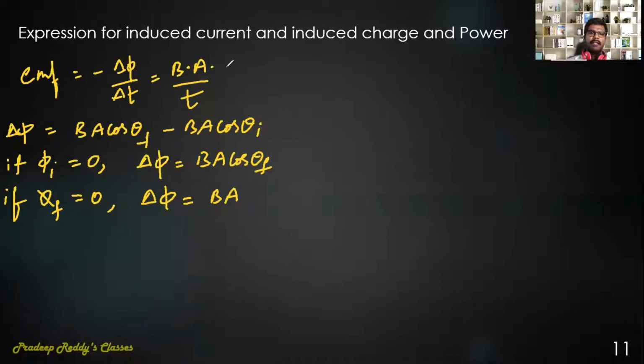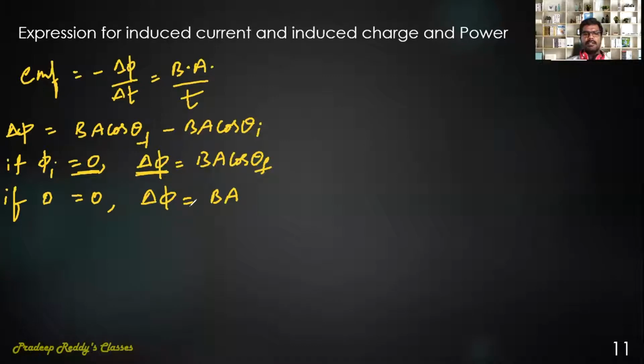So whenever we are calculating EMF, simply you can use this equation, B dot A or BA divided by time taken T. So delta phi can be flux change, final flux minus initial flux, if the coil is being rotated. Initial angle, if I am considering it as 0, and initial flux if I am taking it as 0. So phi initial is 0, therefore total change in the flux will be equal to BA into cos phi. Phi is final angle. So this final angle, whatever I am taking here, this is final angle.